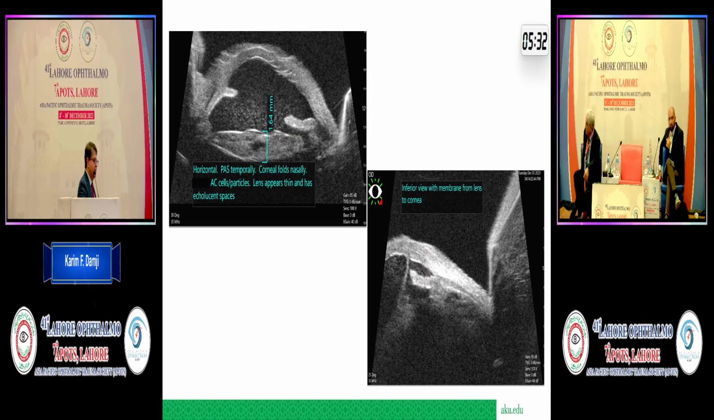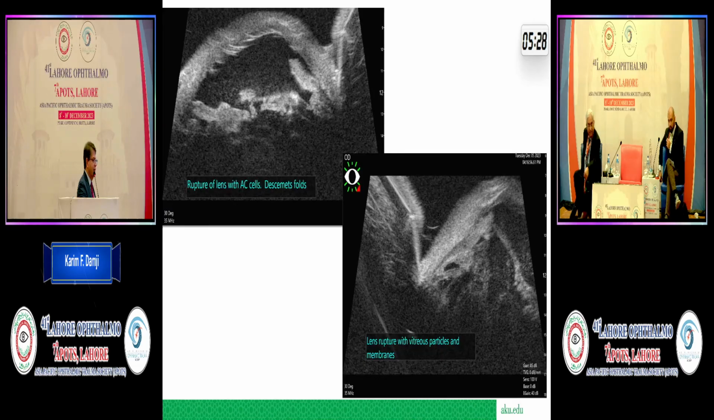You can see some membranes on the right-hand picture coming from the vitreous to the cornea. And then another view inferiorly shows the actual rupture of the anterior lens capsule. So you can see that it's not formed, that it's ruptured, and there's a reaction around that area. On the right-hand side, you can see the rupture actually extends into the vitreous with a lot of cellular and